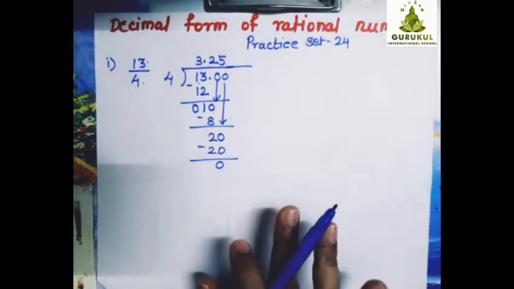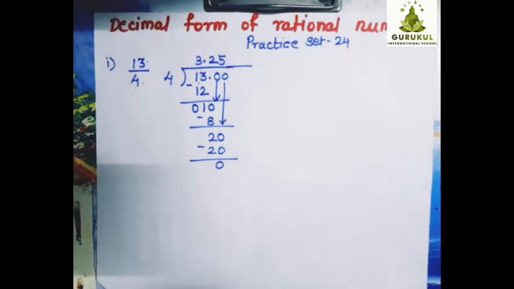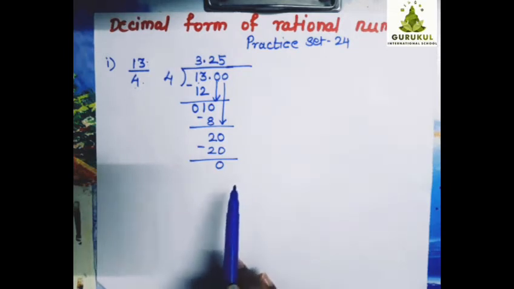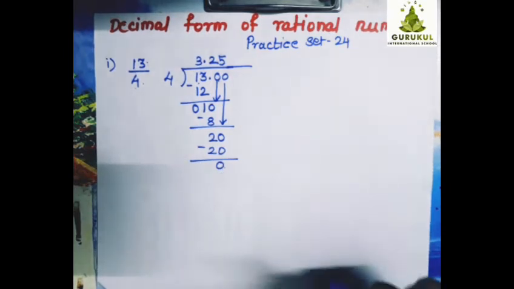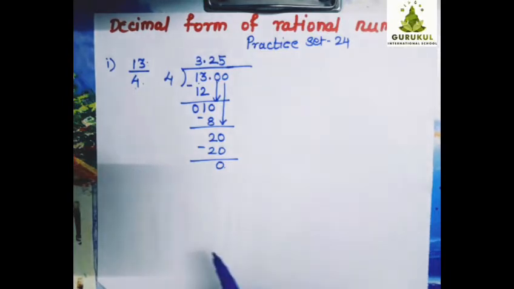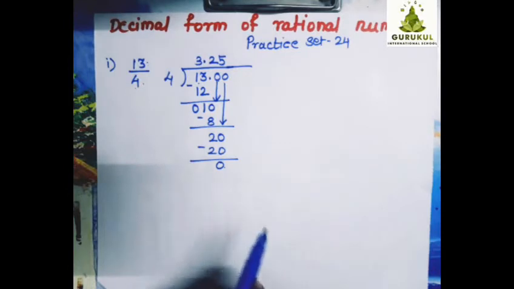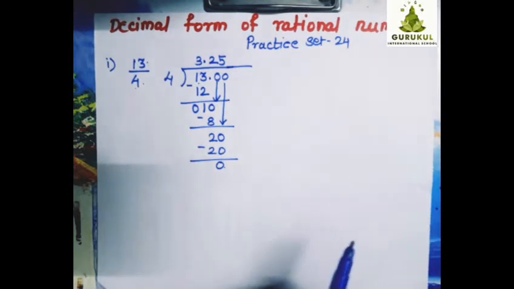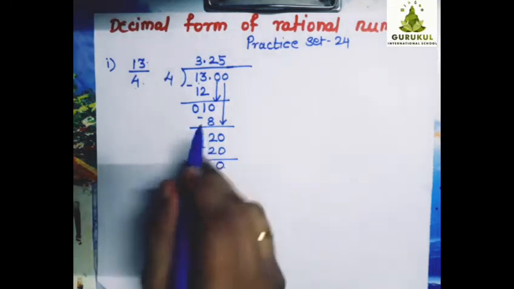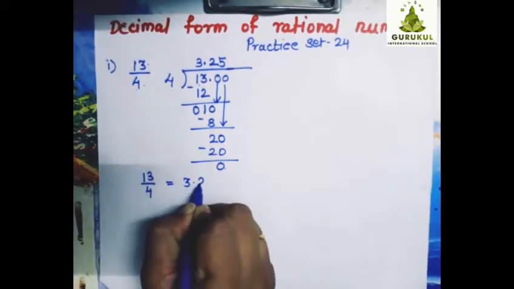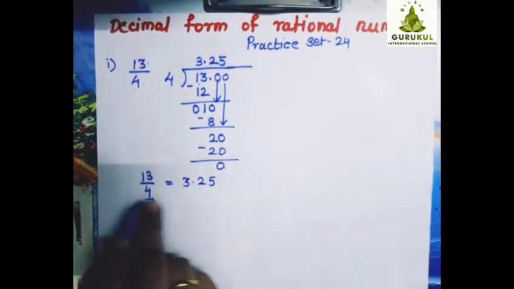In these rational numbers it will not happen that every time you will get the remainder 0. Sometimes we get the remainder 0, and sometimes we get the same number again and again, meaning one number will repeat. Such a number we call a recurring decimal form. Same number repetition will come and we will never get remainder 0. So that can also happen. Then what to do, we will see in the next type of sum, that is the second and third sum. Here the answer for this one we can write: 13 upon 4 is equal to 3.25, meaning for this rational number its decimal form is